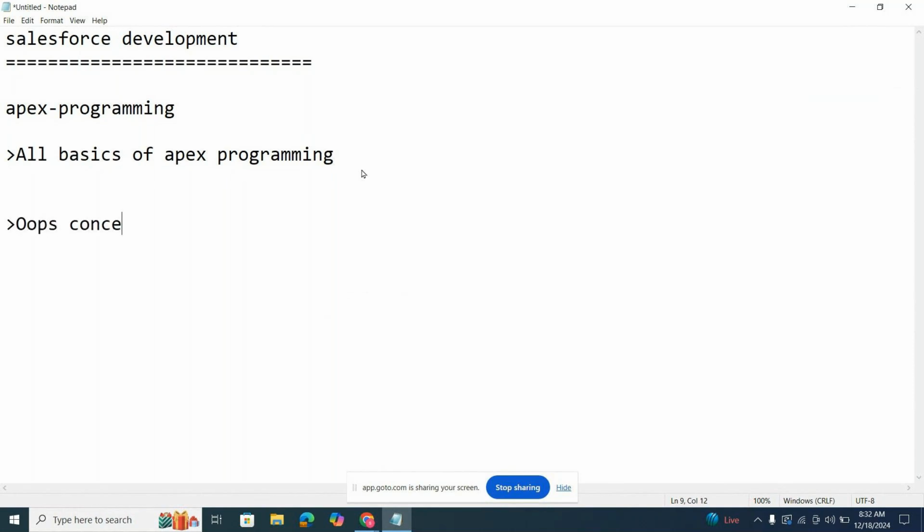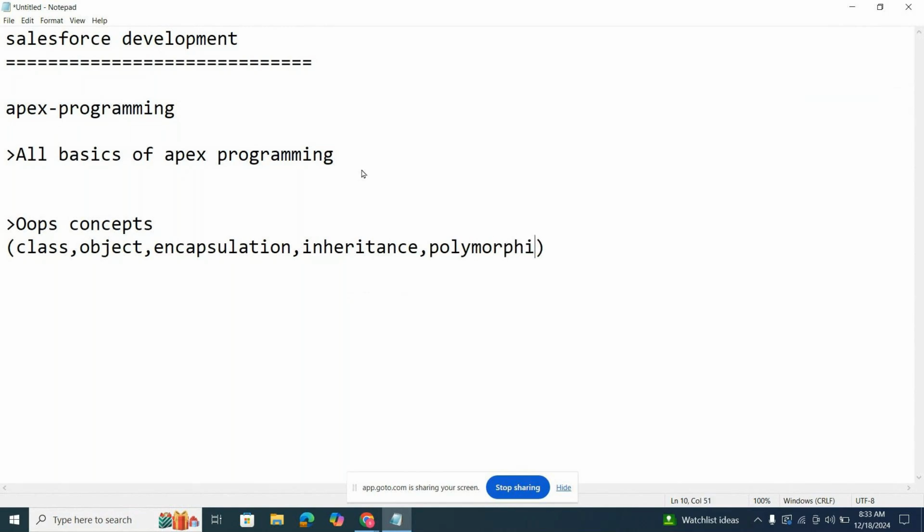Anyone know the full form of OOPS? Object-oriented programming, yes, exactly. In other technologies like Java, Python, .NET, OOPS concepts are important, but here OOPS concepts are not that essential. We have different concepts like class, object, encapsulation, inheritance, polymorphism, interface, wrapper class, and constructor.